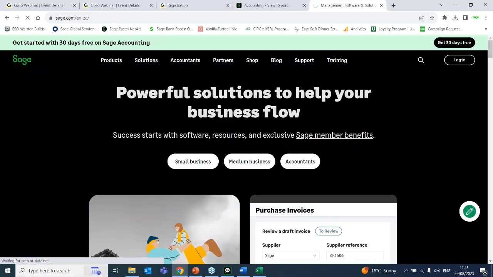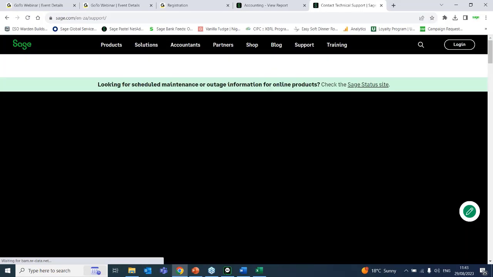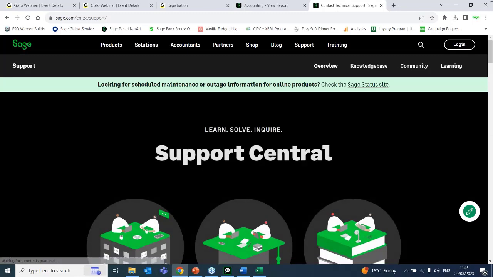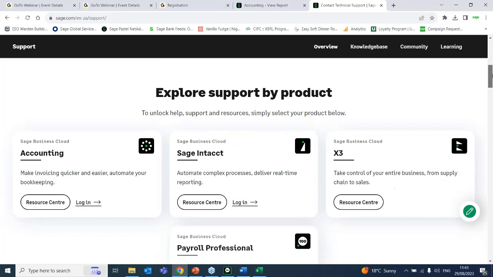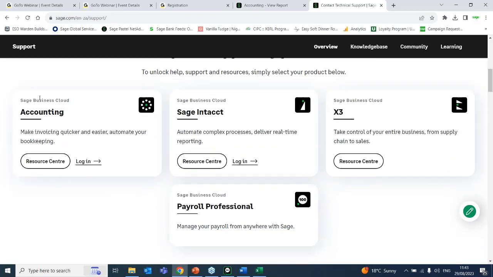We're going to go to support. So it's support and then support. Basically, we've got our support central, and this will give you everywhere you need to go. In this instance, since it's Sage Business Cloud Accounting, you want to go to that resource center, and that resource center will then allow you to either email us, go to the chatbot, or go to PEG